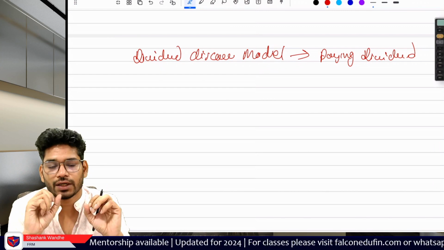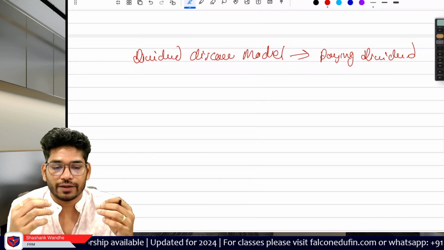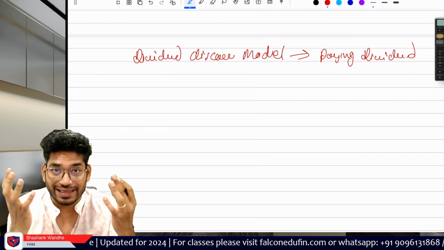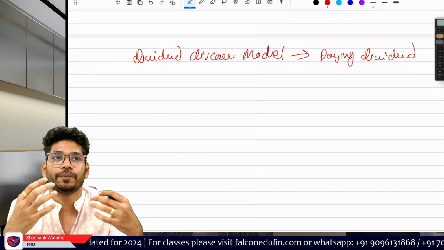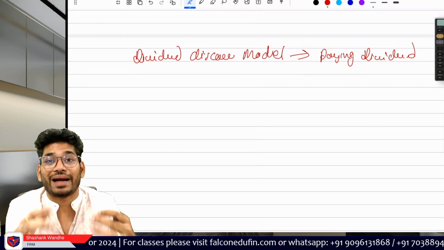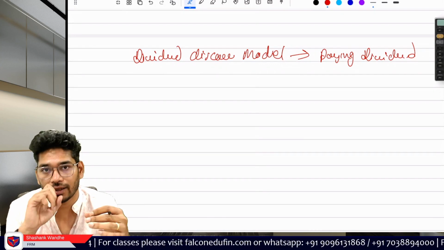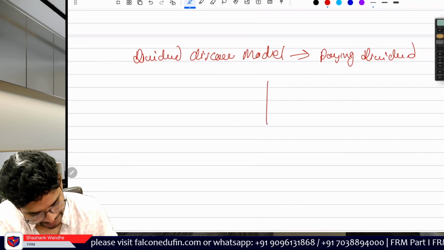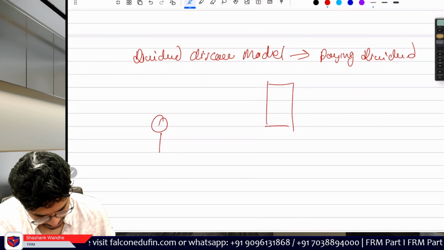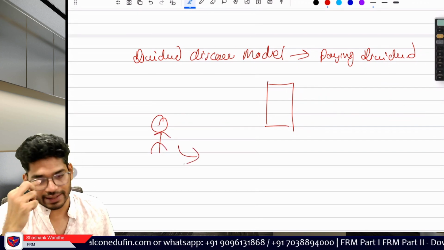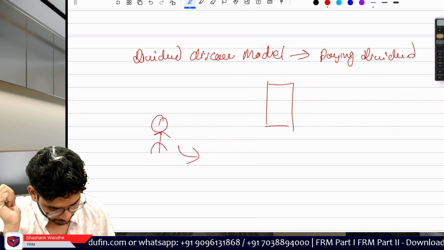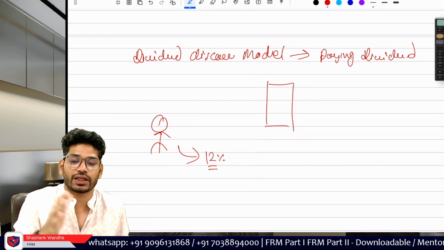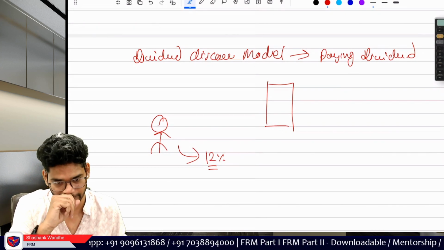That is a simple rule. A company pays dividend when the company's management thinks that we won't be able to give better returns to the investor compared to what they can do by themselves. Say this is the company and this is the investor. If the investor invests by themselves, they will be able to yield a 12% return on the cash. If they have the cash, they will invest and get a 12% return in the market.